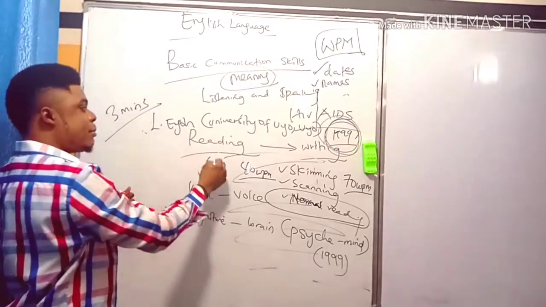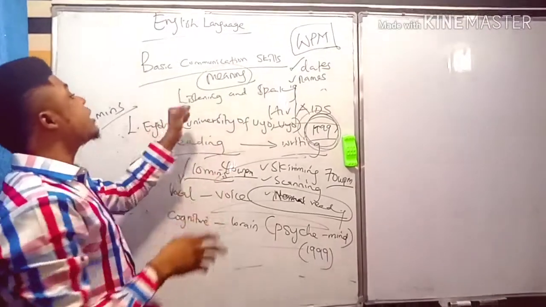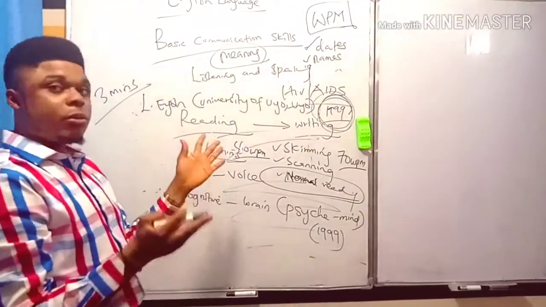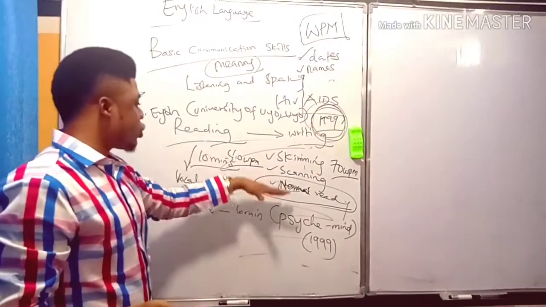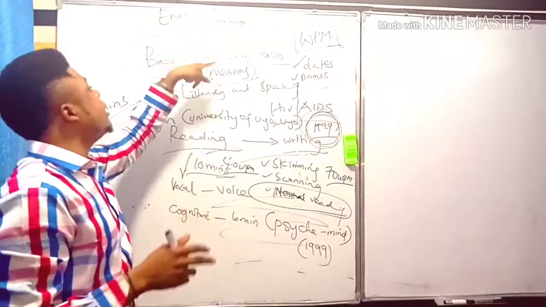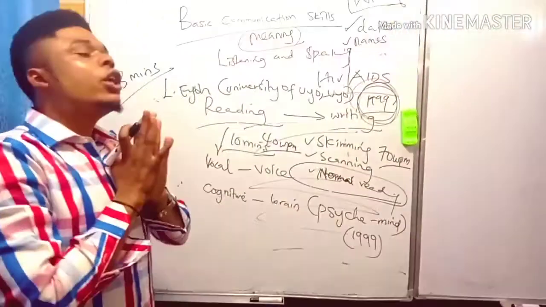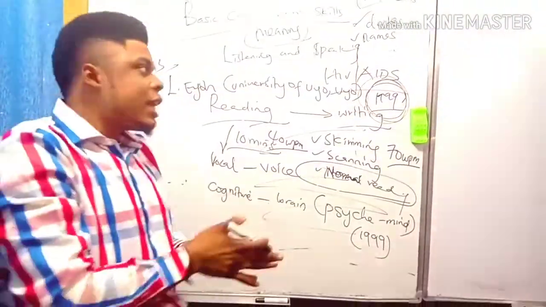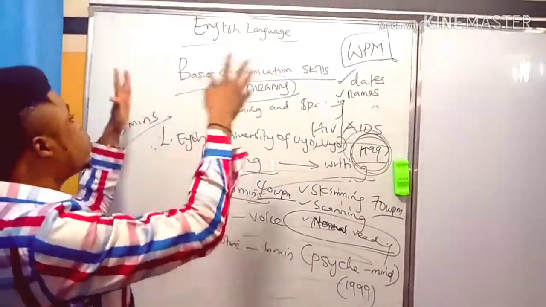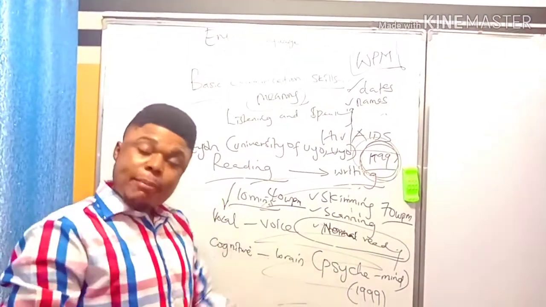Or for some other person, it might take 10 minutes. The point is, as far as you get meaning out of all of this, don't worry about that, except you're given a time frame, obviously. It doesn't really matter how much time it takes you to get all of this done. The point is to make sure you get meaning out of it. So normal reading involves taking your time, enough time to make sure that you consume all of the words in the text, digest them and make meaning out of them.